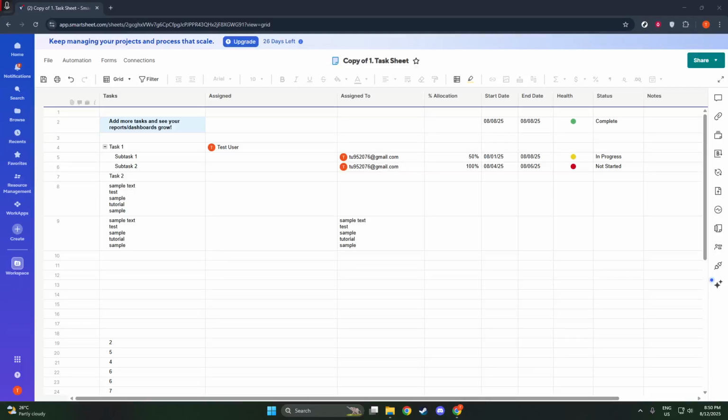In today's video, I'm going to teach you how to baseline in Smartsheet, a handy tool for tracking project timelines and managing changes in your schedules. Baselines allow you to set a snapshot of your project timelines, enabling you to measure actual progress against your initial plan easily. Let's walk through the process step by step, ensuring you understand how to make the most out of